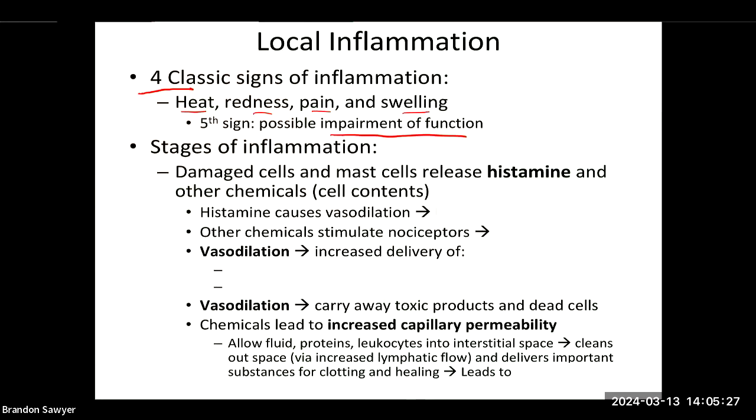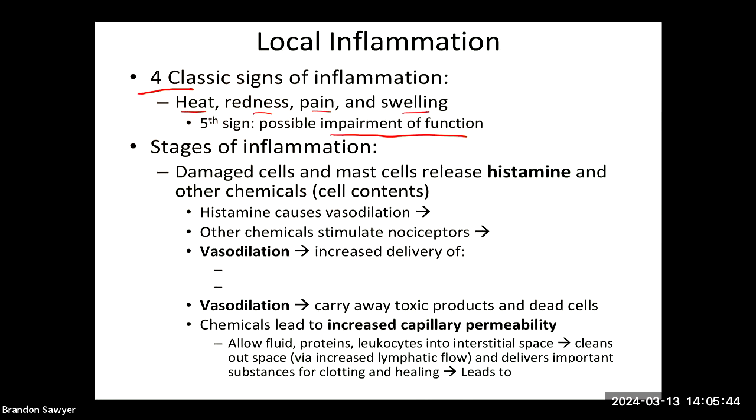Okay, so what we're going to do is walk through what activates this whole process. The key thing for you to understand here will be what is causing each of those 4 cardinal signs of inflammation. Okay, so when we get hurt, we can use that example that was in the video,